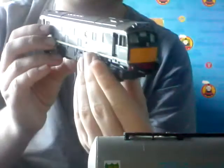See, look, it just isn't in line properly with the actual wagon. And I believe it's because this one is so low to the ground, and I would like to know if anyone in the comment section can tell me how to fix this problem. So I'll probably make a separate video about this and the problems that it has, but please tell me if you know how to fix this, because it's really annoying that it's a good runner, but it'll constantly come uncoupled,